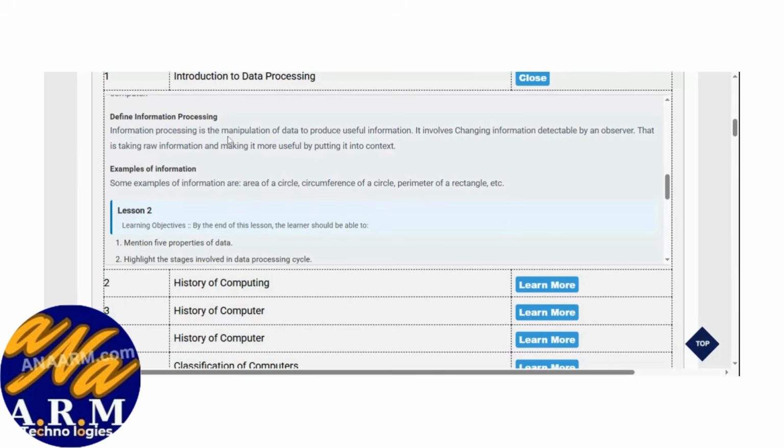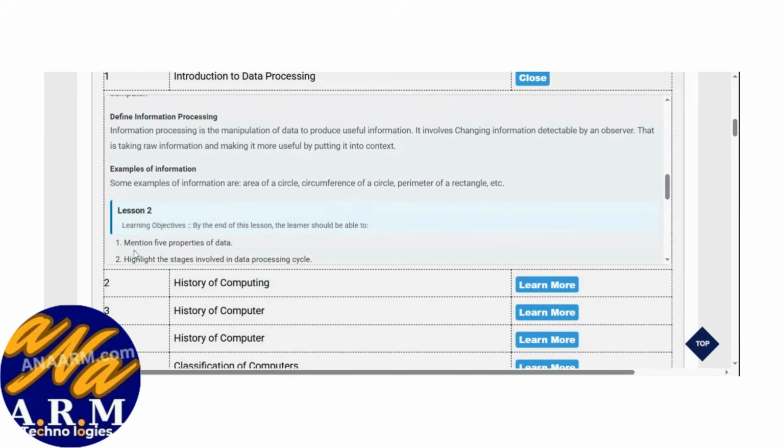Information processing is the manipulation of data to produce useful information. It involves changing information detectable by an observer. That is, taking raw information and making it more useful by putting it into context. Examples of information. Some examples of information are area of a circle, circumference of a circle, perimeter of a rectangle,